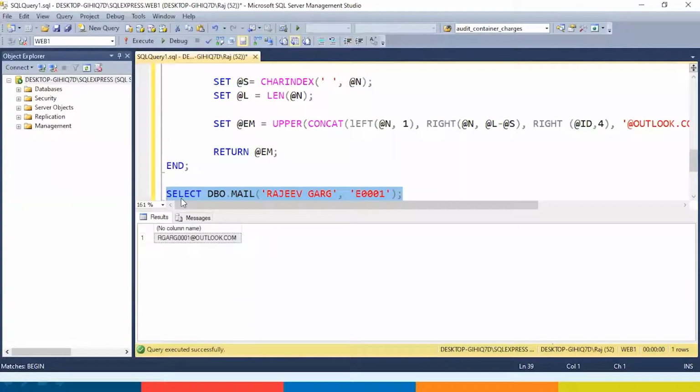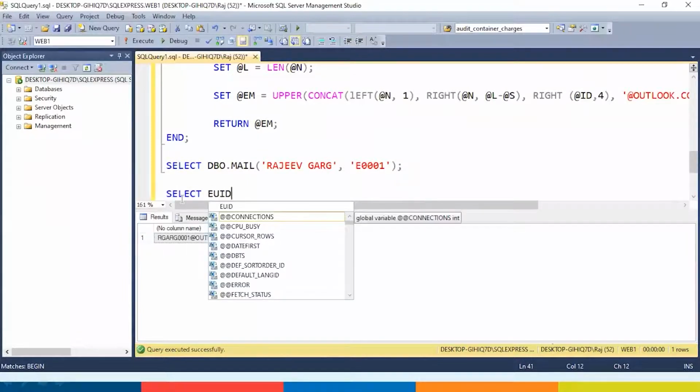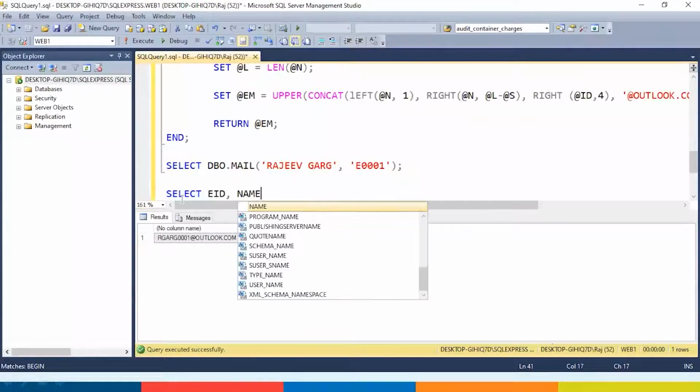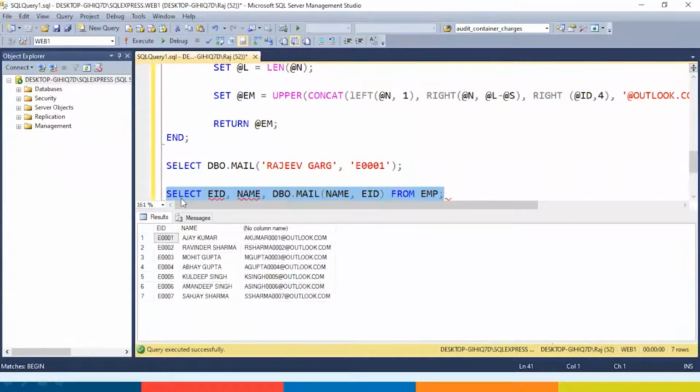So you see it's become R Garg 0001 at outlook.com. And if I want to use this in a function or with a table, so I will say select PID comma name comma dbo dot mail name comma EID from EM. Here it is.